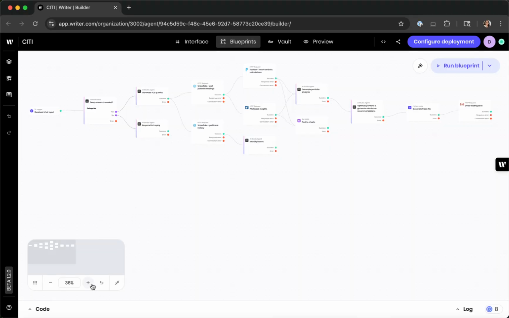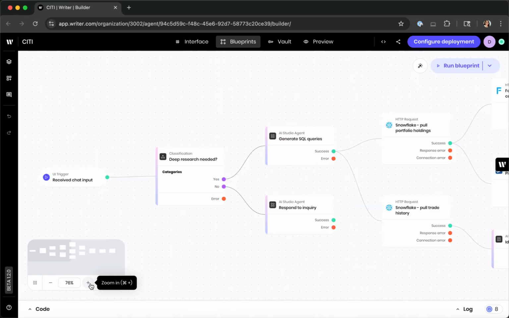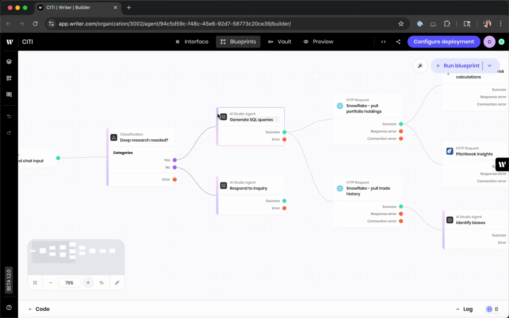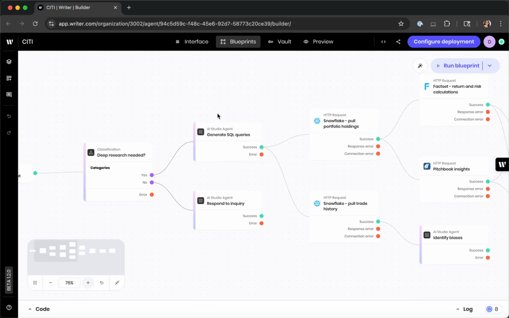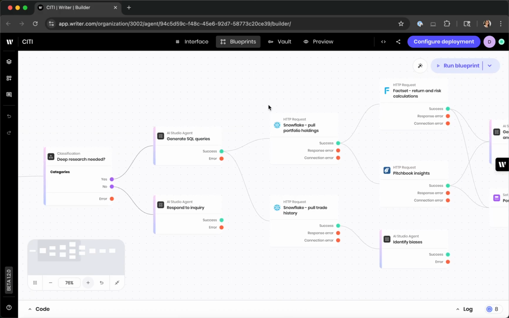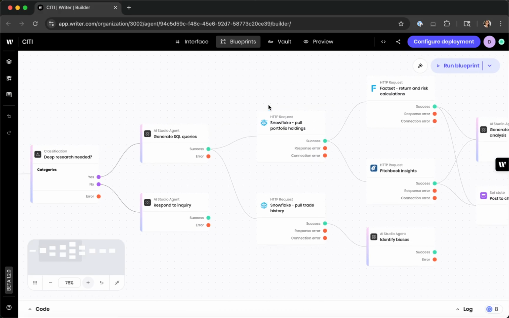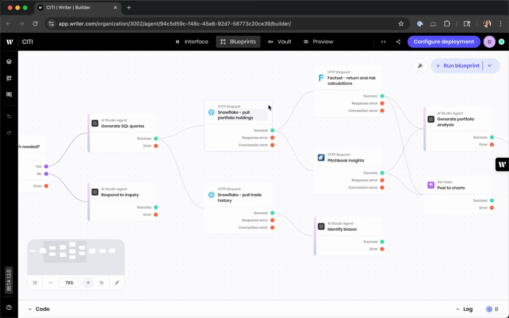Before I show you our agent in action, let me get into our agent editor to show you the flow of work for this agent. What I'm showing you here is multiple agents collaborating with each other and completing tasks where AI is doing things like tool calling in order to generate a portfolio research and optimization workflow where Writer is connecting to Snowflake to